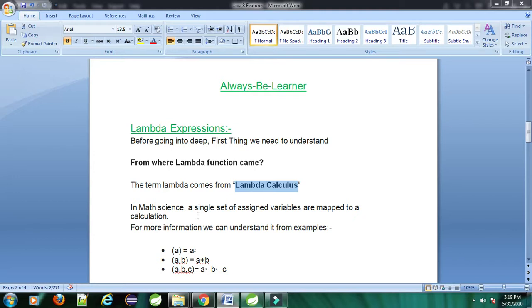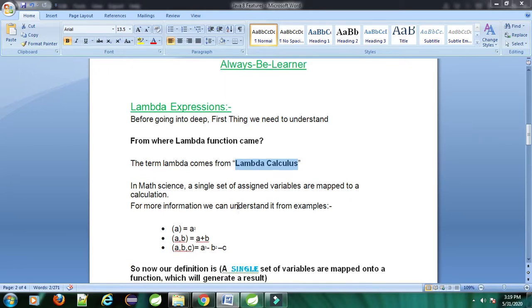It is a single set of assigned variables mapped to a calculation. If you are from a mathematical background, you will know all this. If you are not, then we will learn how to apply all this in Java.